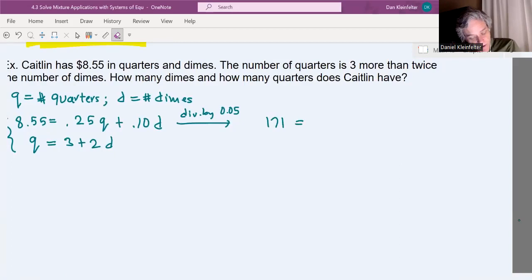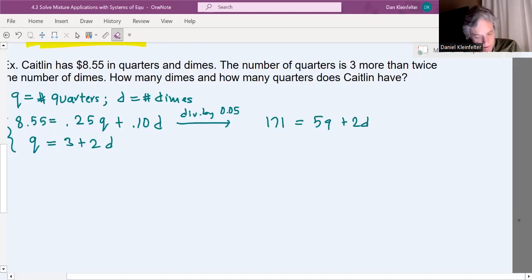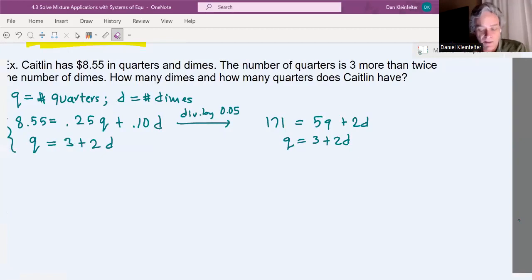And then that will be 5Q plus 2D. And then we have Q is 3 plus 2D. All right, so that took care of eliminating decimals for us and making the numbers significantly easier to work